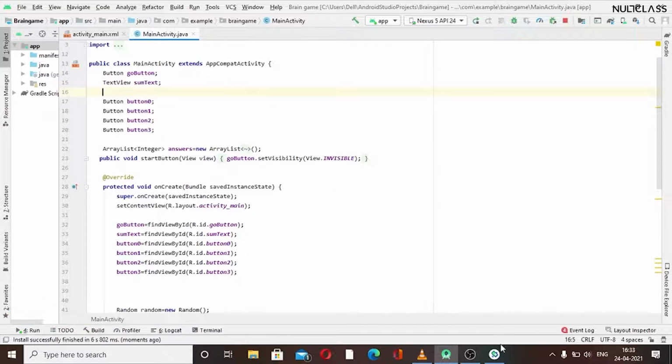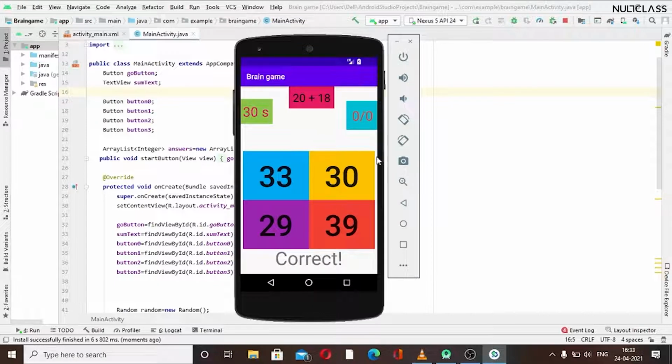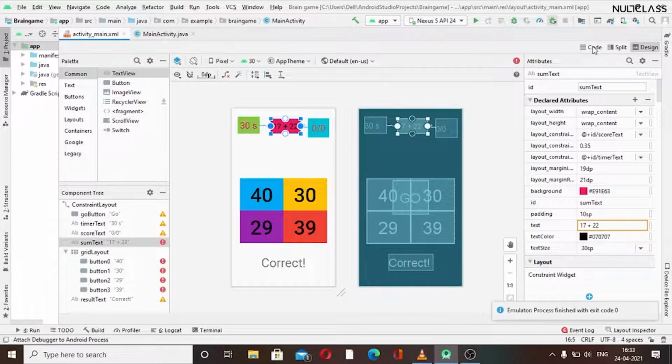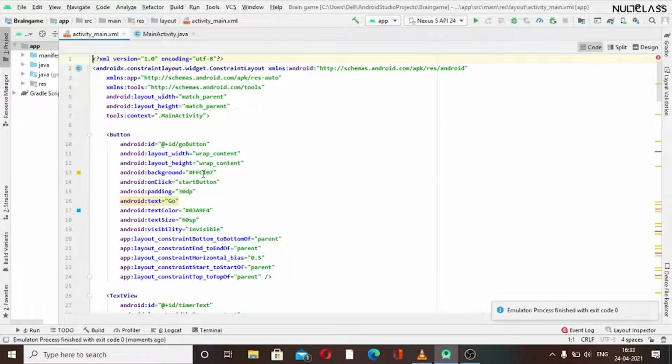I think our emulator is ready. Let's check. Like we can see that here, I guess we haven't cleared that. That's why this has occurred. So I will just clear it first. I haven't written the name here, I guess.